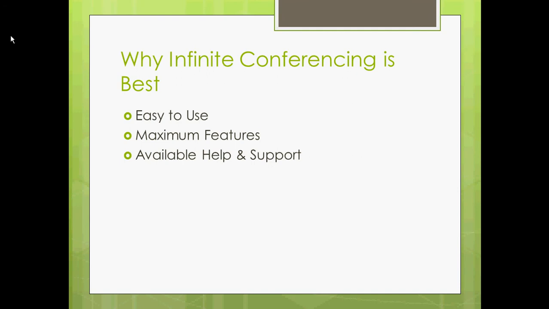The other features available through Infinite Conferencing are file transfer, encryption, public and private chat, a mobile application, meeting scheduler, unique meeting URL, user profile creation, polling, and post-call reporting. These features are going to make the conference easier. The encryption is especially important, especially with the business using a program like this, because when discussing